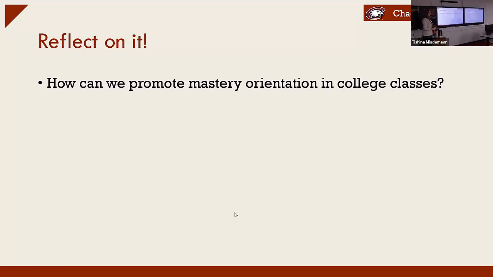I tell my ed psych students that I don't want the first time they've ever trusted their own judgment to design instruction to be when they step foot into their classrooms. I would much rather they practice doing that now when they have feedback and support, so that they can build confidence and ability to trust and make good instructional decisions.